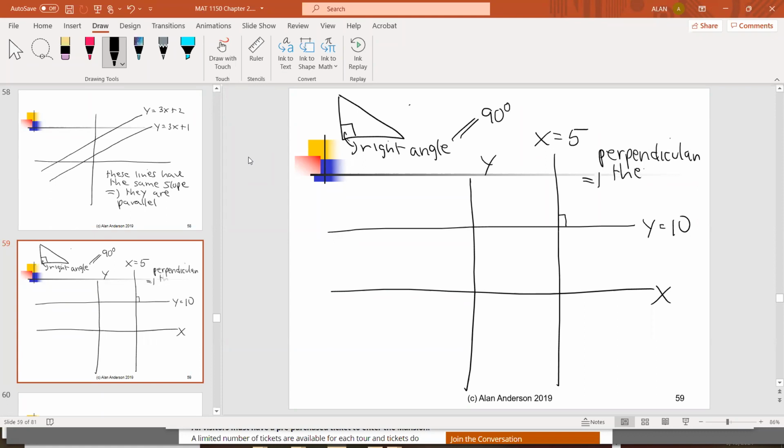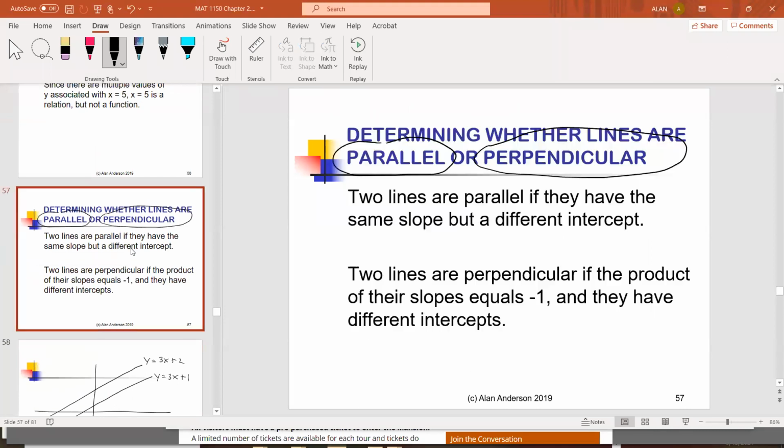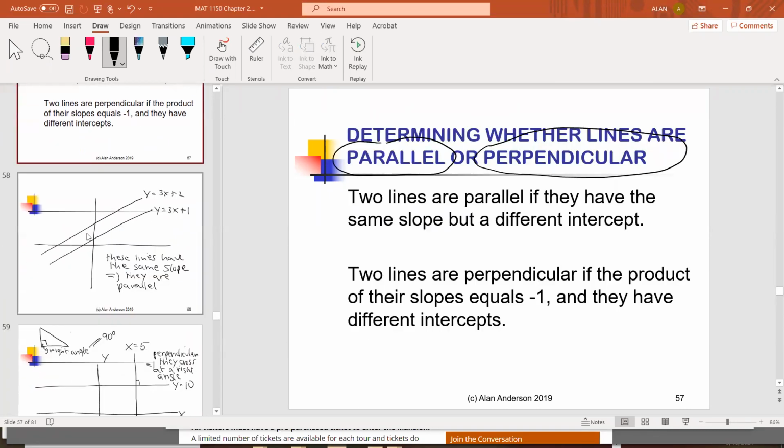They cross at a right angle. Now, there's a formal way of proving this, though. Here, it's just enough to note that they have the same slope. How would you prove that two lines are perpendicular? Well, it turns out that if the product, and I'll show you an example of this in a second, of their slopes is -1,